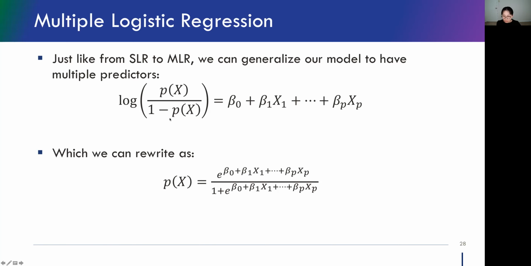Well, what we just talked about is doing logistic regression with one predictor, but we can also do multiple logistic regression by including multiple predictors. So we still have logit, or log odds, on the left-hand side, and on the right-hand side you have this multiple linear regression type of model, with x1 up to xp. And now we can rewrite this probability of X like this, just extending it to xp.